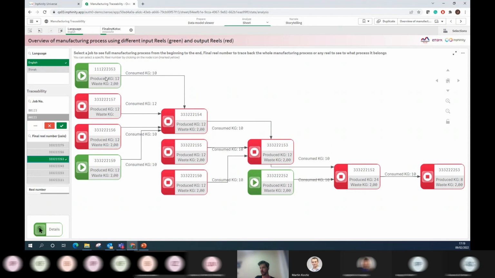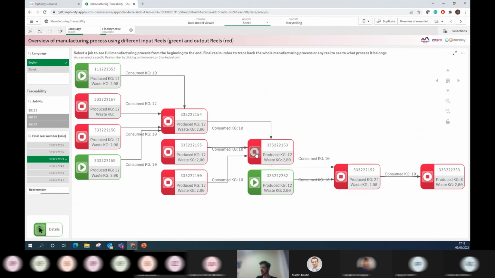So you can see the nodes as they are used, they are interactive, and they can give you an overview of the most important KPIs you want to measure, visualize, and understand. For this example, let's consider only the weight of the produced and wasted material, but you can speak about many other uses of this tool in processes. You can go through orders, you can go through pricing, you can go through anything in manufacturing.